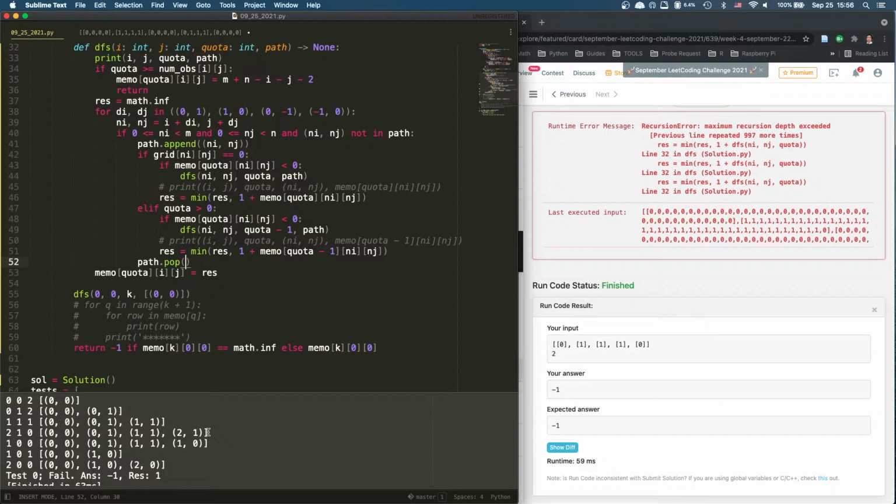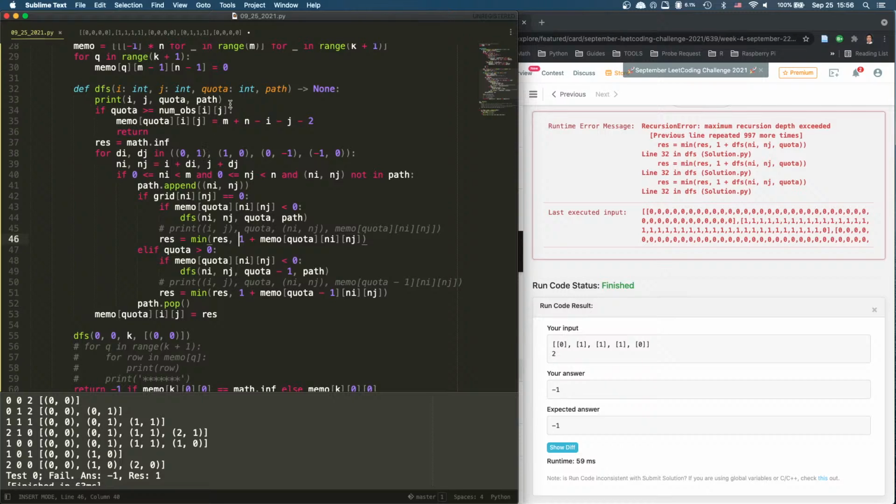We hit 1, 0 again, but from 0, 0 to 1, 0, right? We go from 0, 0 to 1, 0 with quota as 1. That's why 1, 0 is visited twice. Okay, so I see. So that's first to 1, 0, and that's the end. So also go here, here, here, and then going back, and then I come here to 1, 0, and then I go to 2, 0. Okay. So now with this information,